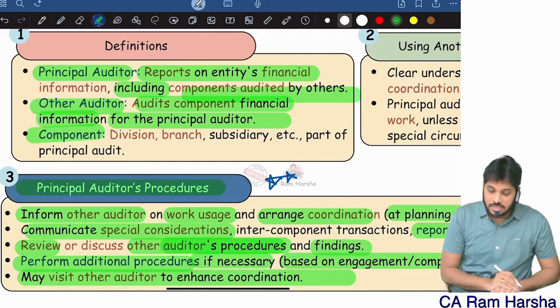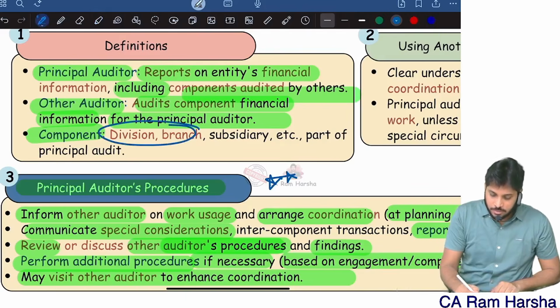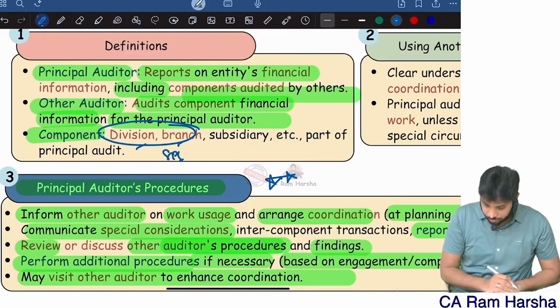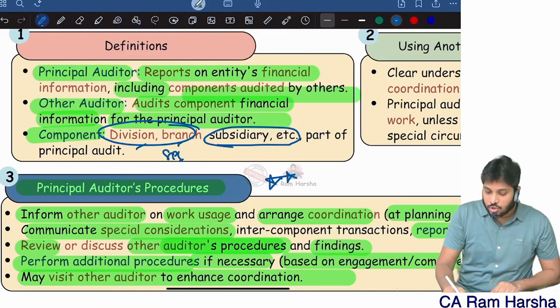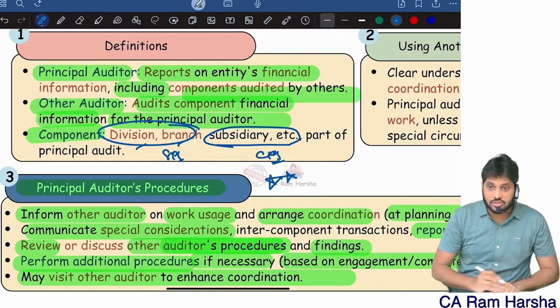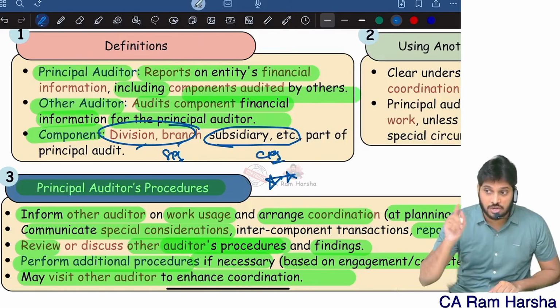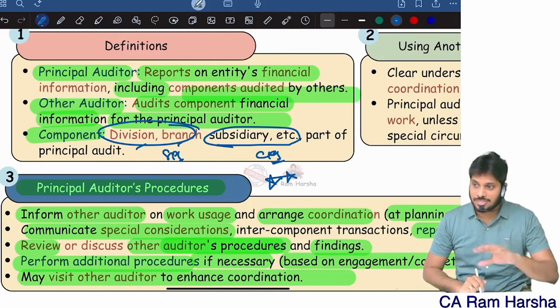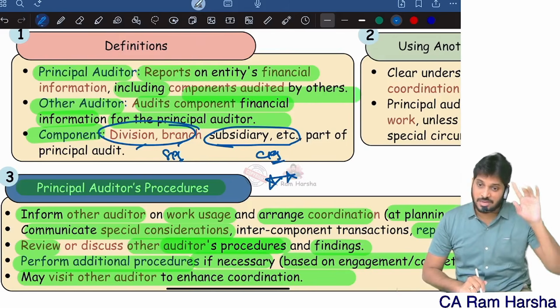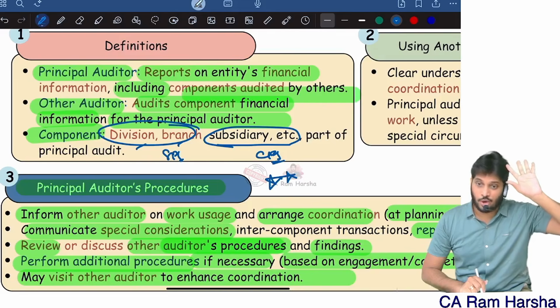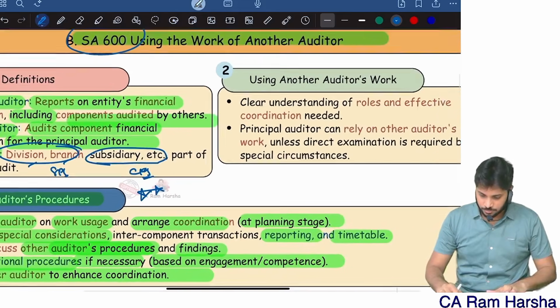What is a component? From the standalone financial statements point of view, it is a division or branch. From the consolidated financial statements point of view, subsidiary, associate and joint venture are called components. More in depth about this I already told in the Other Matter paragraph explanation, where I took the SBA example. Yes or no? Next.